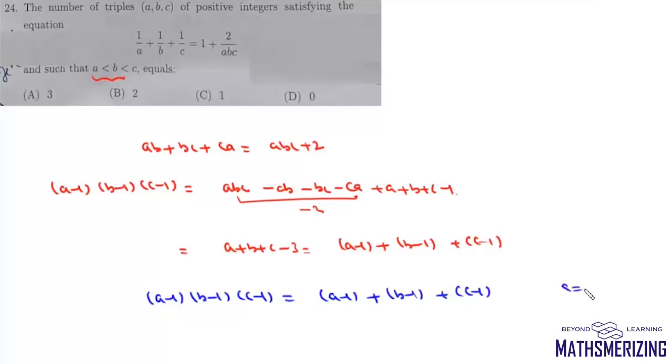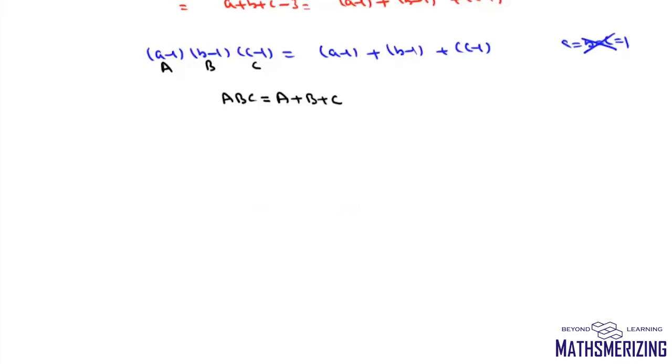Now clearly one of the solutions is when all A, B, C are equal to 1. In that case, left hand side is 0 and right hand side is 0. But we are given that A is less than B is less than C. So we'll discard this solution. So what we'll do is we'll take this as capital A, we'll take this as capital B, and we'll take this as capital C. So we can write this as ABC and it will be equal to A plus B plus C. Now we can write this as B plus C and it will be equal to A into (BC minus 1). And since A is greater than or equal to 1, it will be greater than or equal to